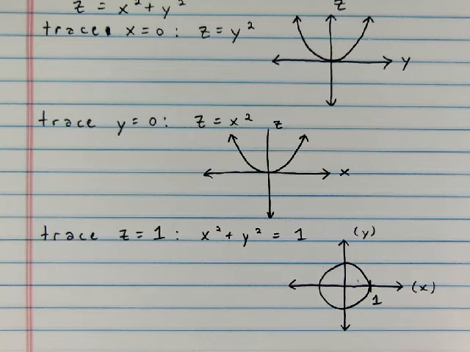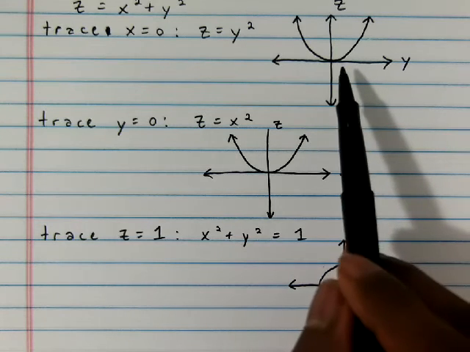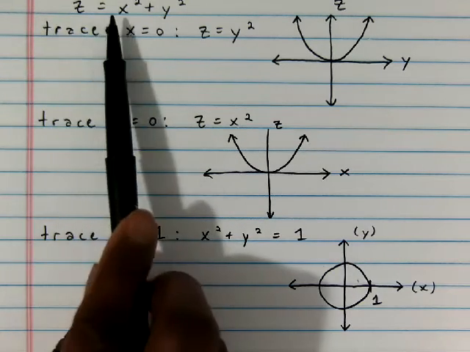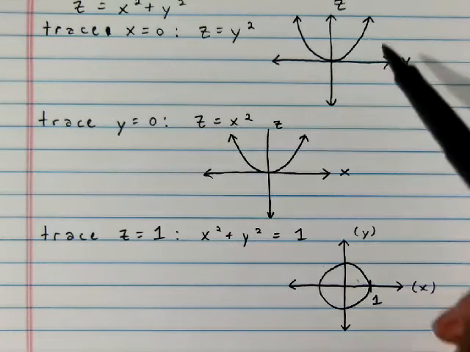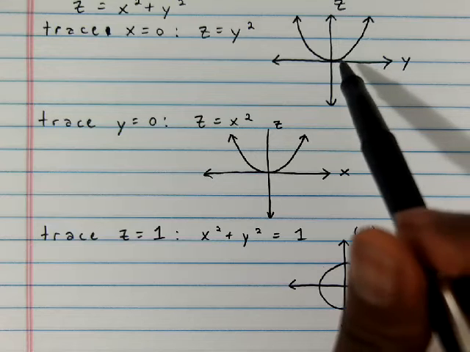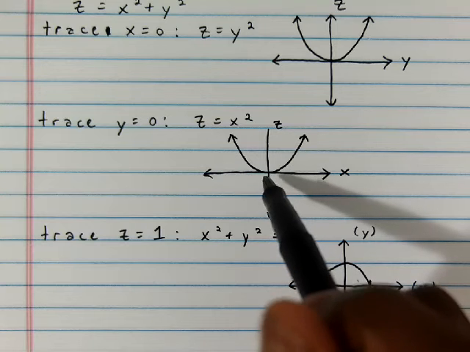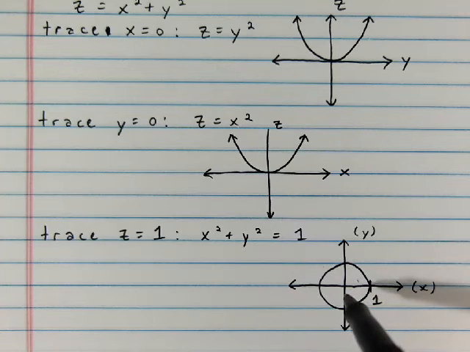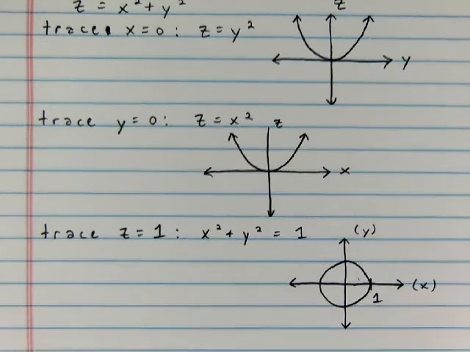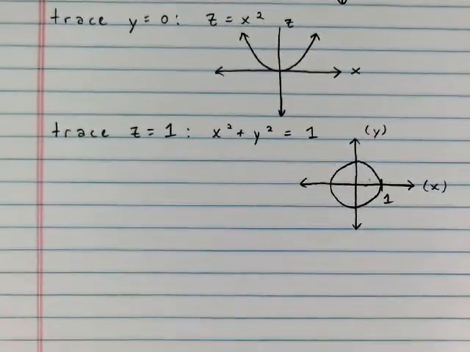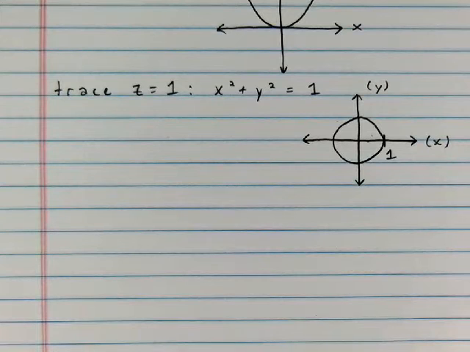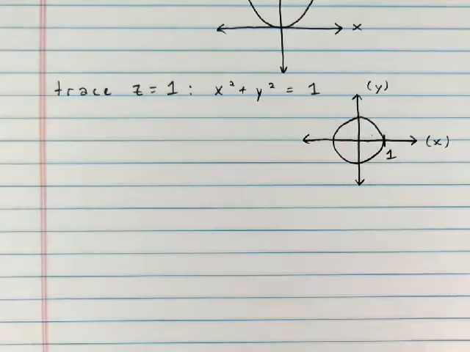So now these 3 traces, if we look at them, so if we were to look at this, whatever this thing is, z equals x squared plus y squared, if we were standing on the x-axis and we were to look at it, it would look like a parabola. Then if we were standing on the y-axis and we were to look at it, it would also look like a parabola. But if we were standing on the z-axis looking down at it, it would look like a circle. So now, does that help us figure out what this thing actually looks like in 3 dimensions? You just kind of resketch your traces to an extent in 3 dimensions. So now in 3 dimensions,